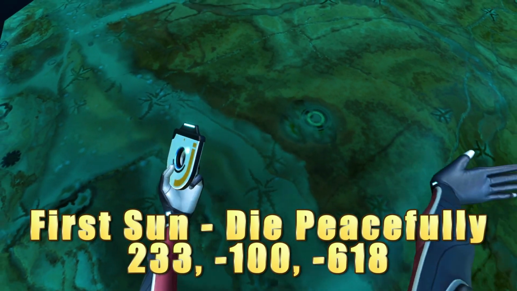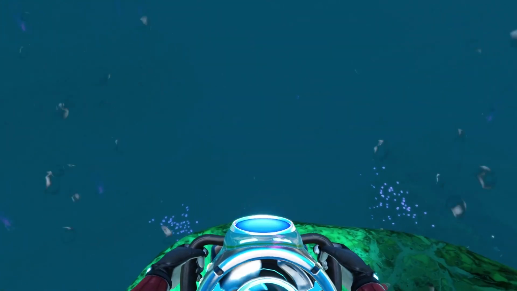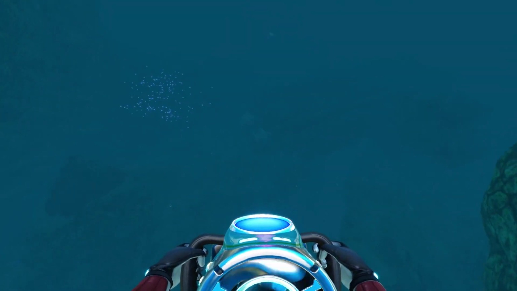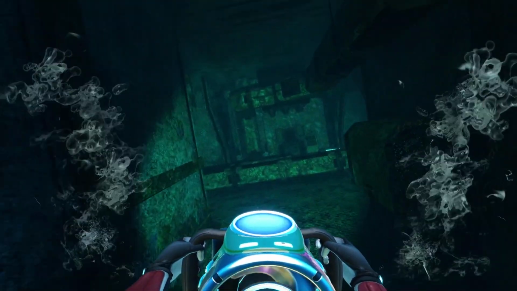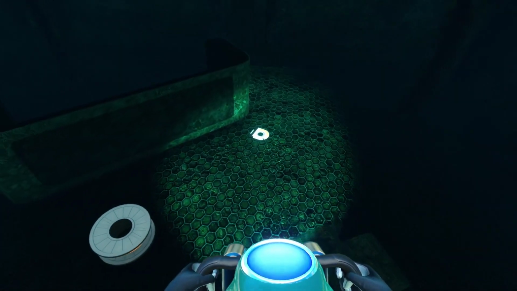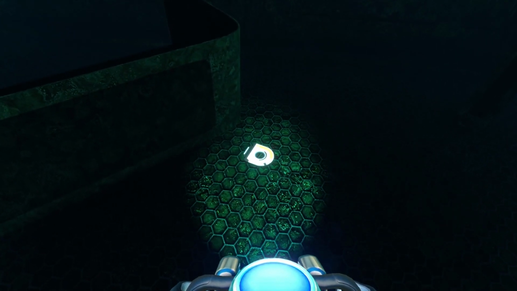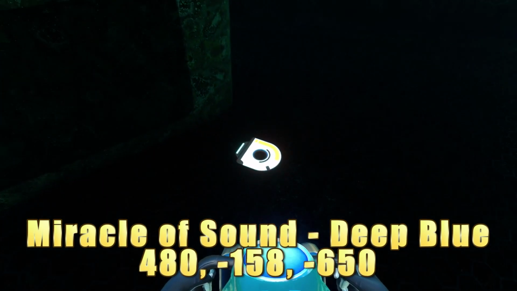And since we are already in the purple vents, let's make the short trip from this location to the Mercury 2 thruster section. Head inside the thruster section and take to the right. At the very back of this area on the floor, you will find the disc for Miracle of Sound Deep